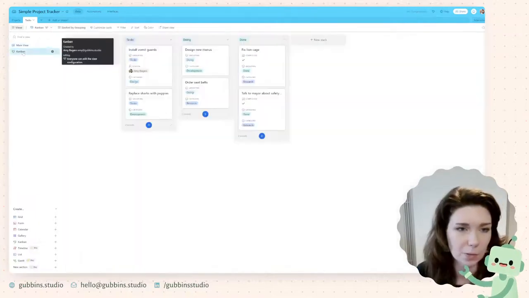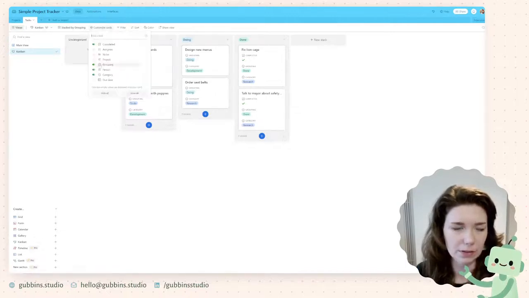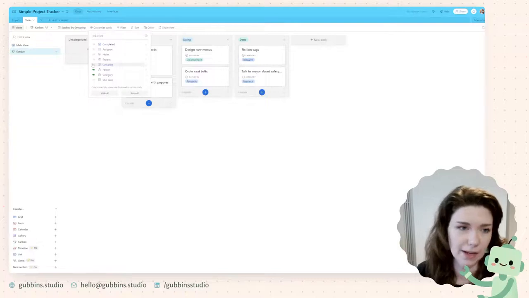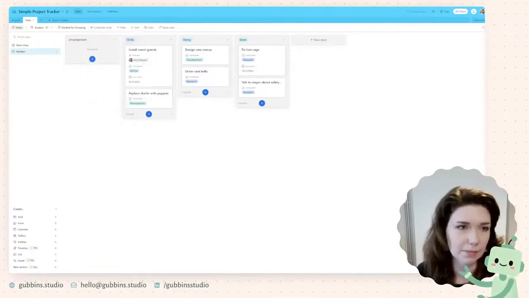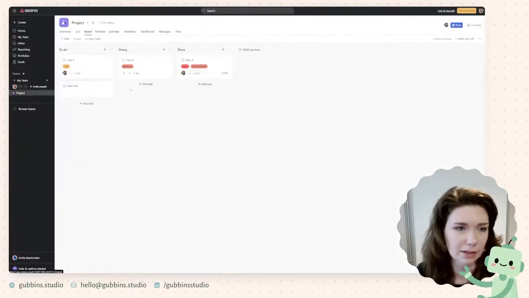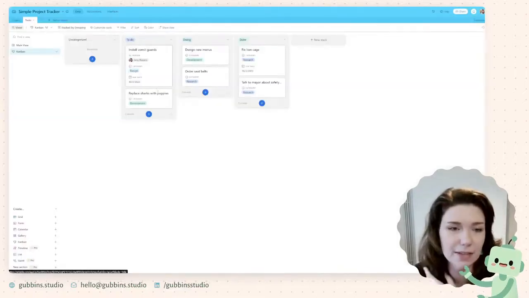Then in the Kanban view, if you wanted to show, let's get rid of completed, let's get rid of grouping, because you can already see that at the top. Person's fine, category's fine, due date's fine. Okay, so that feels pretty similar to what we've had in the other things so far. And I can go back and do an overview at the end.